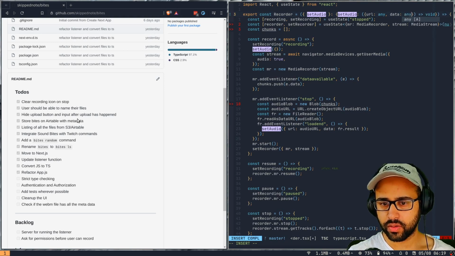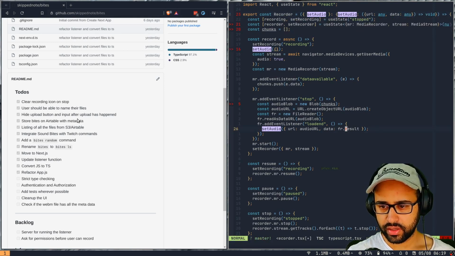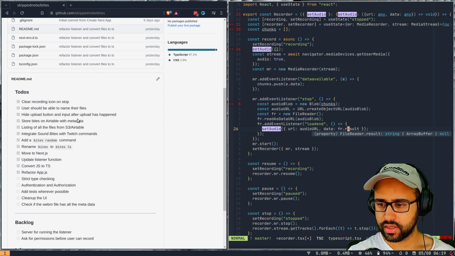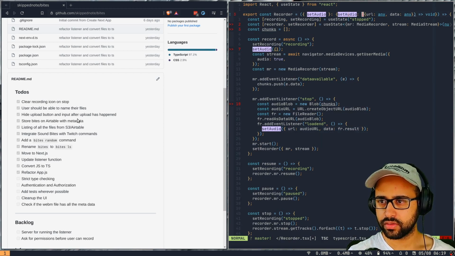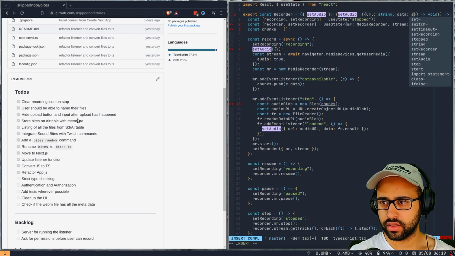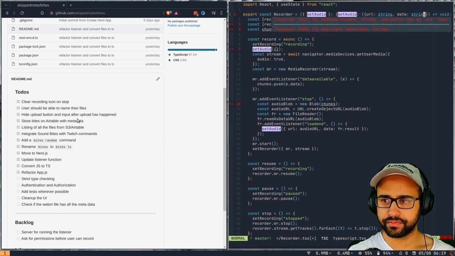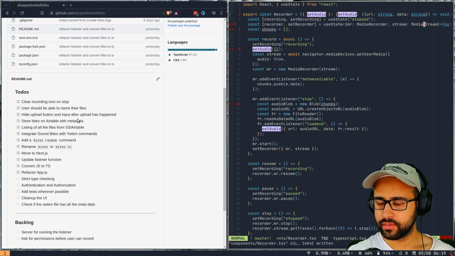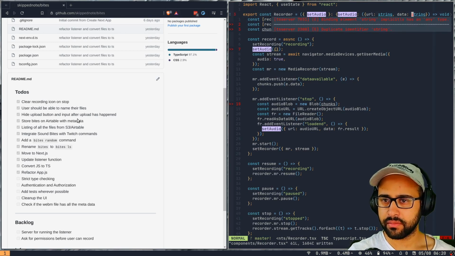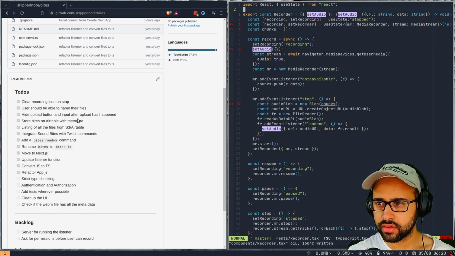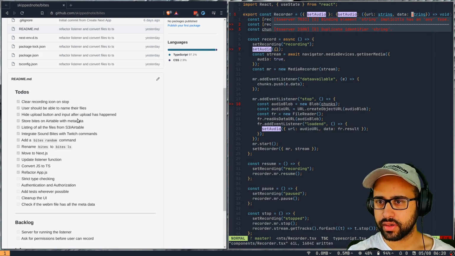So now let's take a look at what is the type of this audio URL. I think we had typed it somewhere last time. So it's just a string, and the result is string, array, buffer, or null. Okay, so this URL is always a string, and then this could be string. In our case, we are always storing it as a string, right? So I think we can be explicit there. Or we can basically come back to this, but it doesn't seem happy completely.